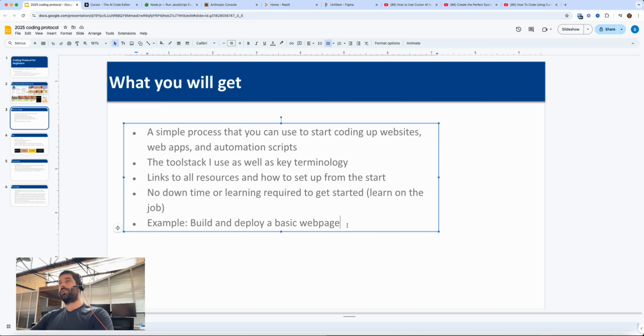But really what you should be doing is picking a project, like let's say build a basic web page, and just building it. Not for the purpose of making it look cool or whatever, just build it to close the loop. The first time you build something, make it as simple, as easy, as MVP as possible. Then copy and paste it to Replit and deploy it on Replit, and then delete it immediately if you want. You don't have to worry about leaving it up or leaving it down, just delete it.